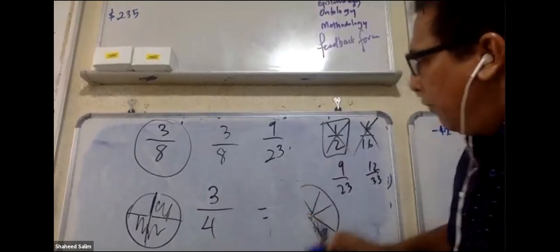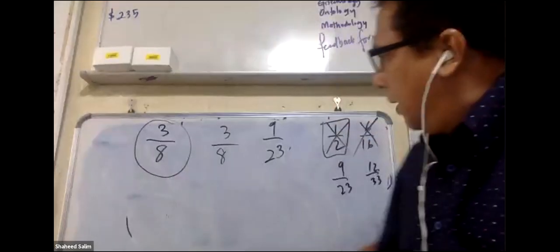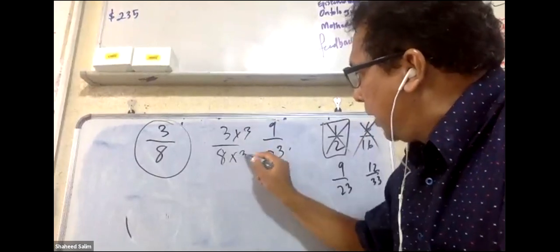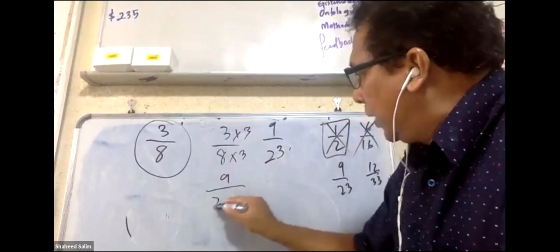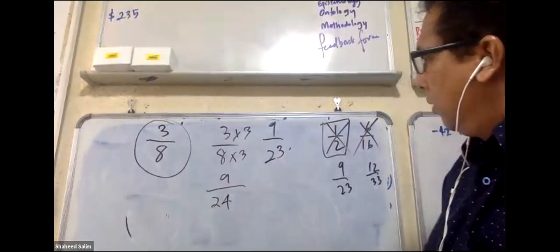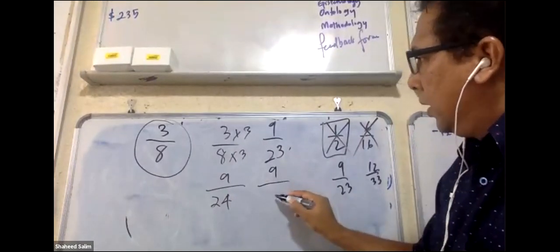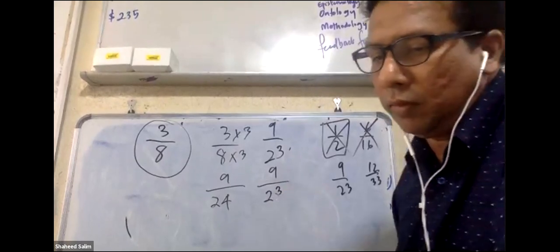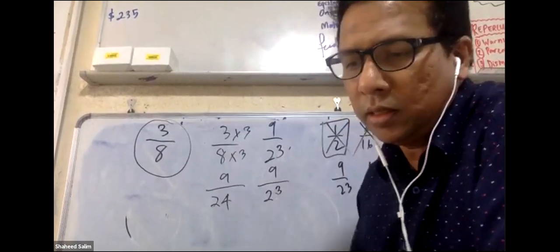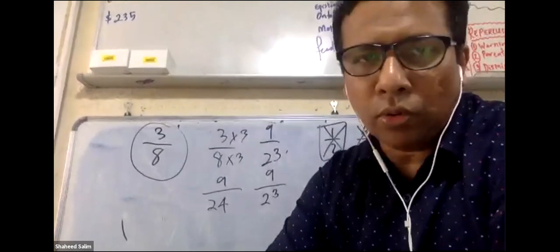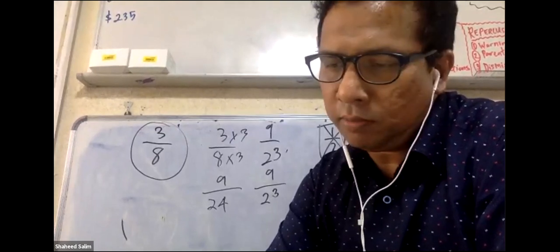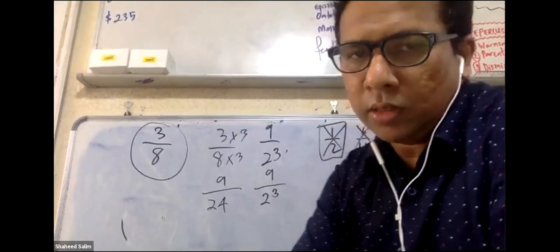So now, if I cannot make the bottom the same, let me try to make the top the same. Look, I can times this by 3, times this by 3. This one is 9/24. Okay, 9 over 24. This is number what? 6? Hold on. Did I copy wrongly? This is number 6.